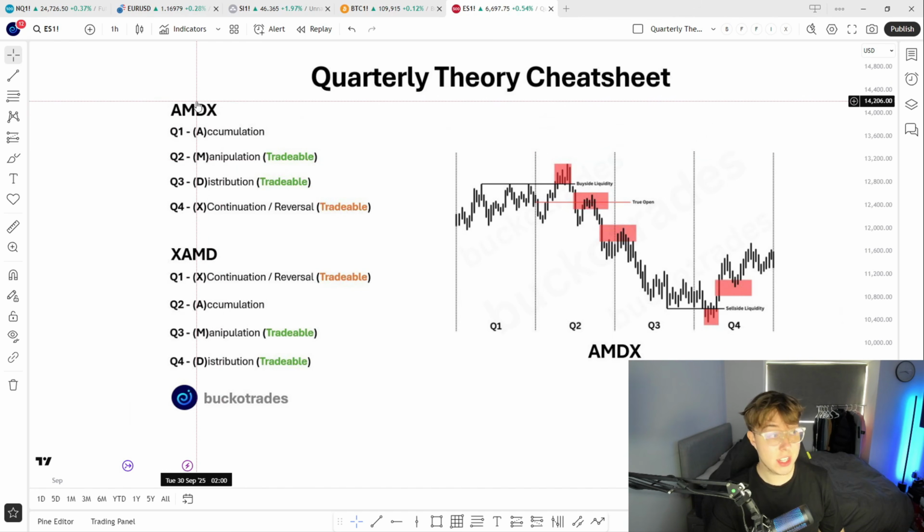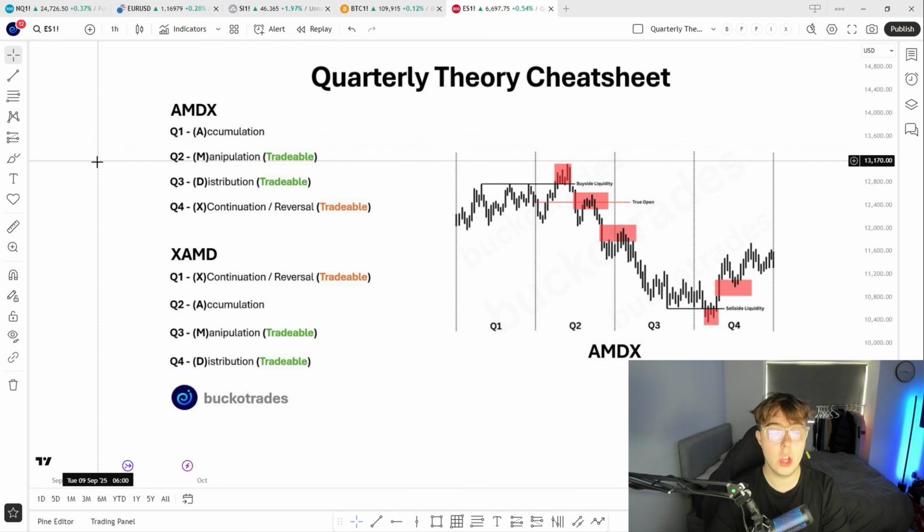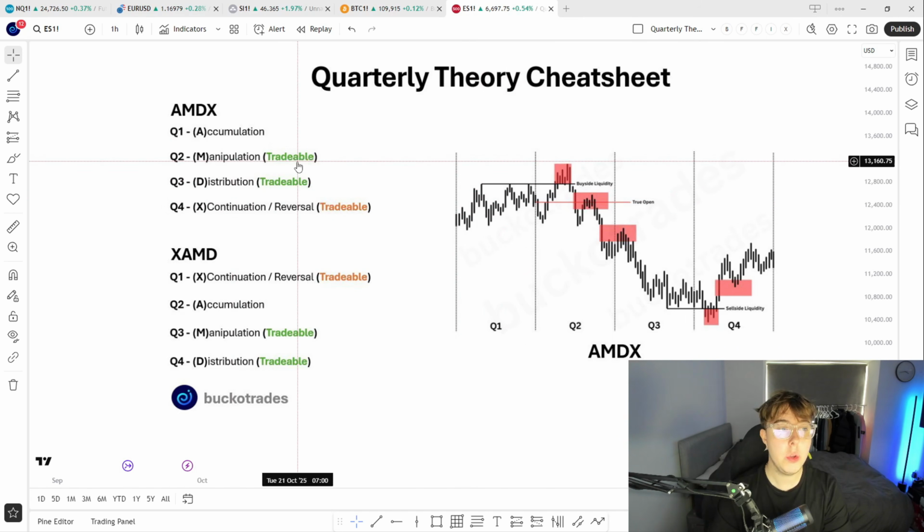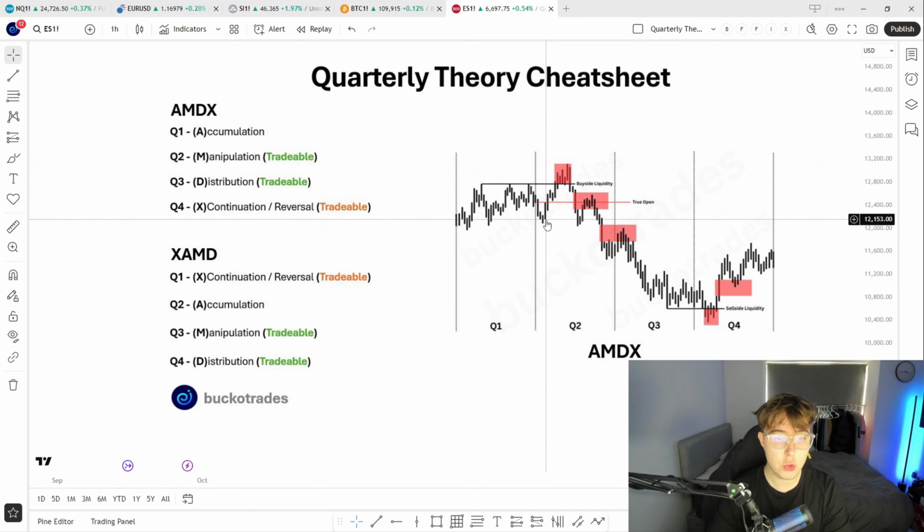By the way, price isn't just tied to these two only, but these are the main signatures that will occur within price over and over and over. So Q1 accumulated, okay, very tight range. It didn't really break out of anything. Q2 then manipulated. You can trade this higher. If you're bearish on the weekly candle, you can trade the manipulation higher initially, the open high of the weekly